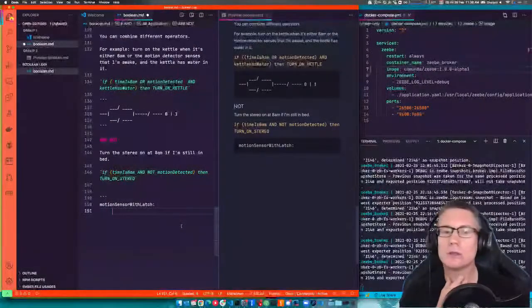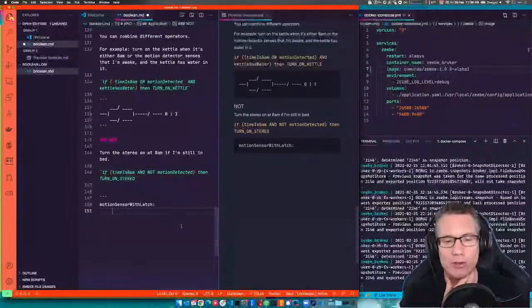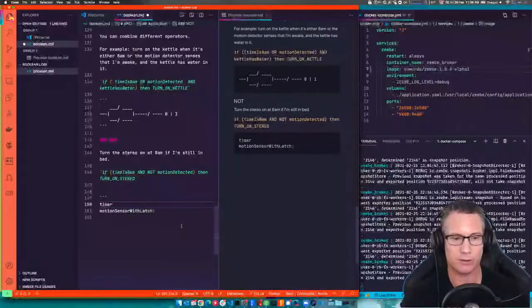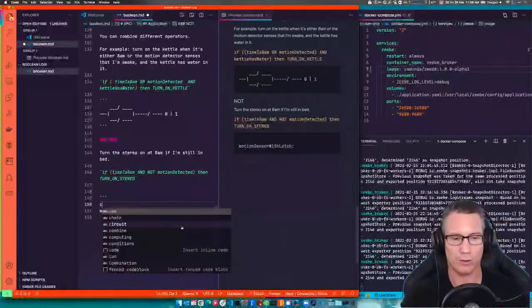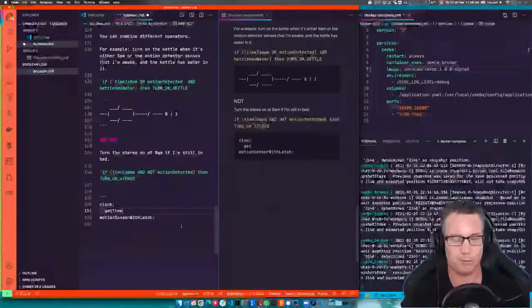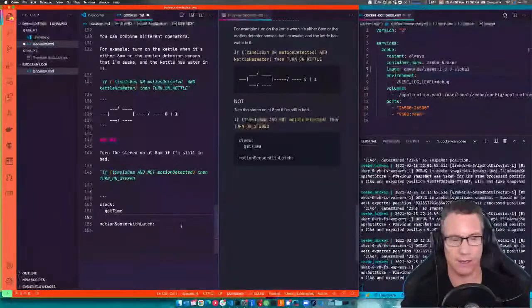So it needs to have a timer. So first I probably have to build a timer. Well, I have to have a clock, right, which just gives me an absolute time. Get time. And then I have to have a timer, which is